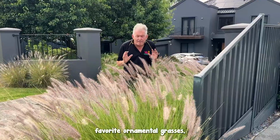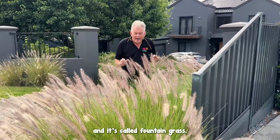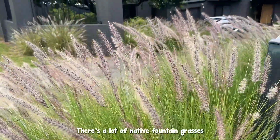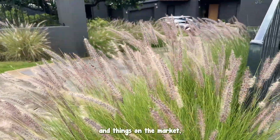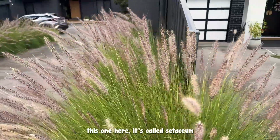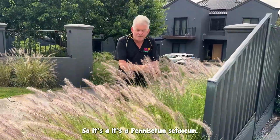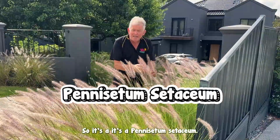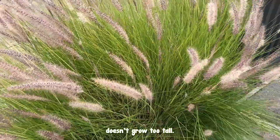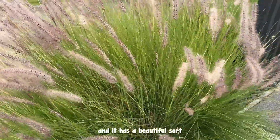This is one of my favorite ornamental grasses, and it's called fountain grass. Now, the thing is, there's a lot of confusion. There's a lot of native fountain grasses and things on the market, and it's hard to get the right one. Botanically, this one here is called Setaceum as its second name. So it's a Pennisetum Setaceum. It has lovely fine evergreen foliage, doesn't grow too tall, and it has a beautiful sort of mauvey